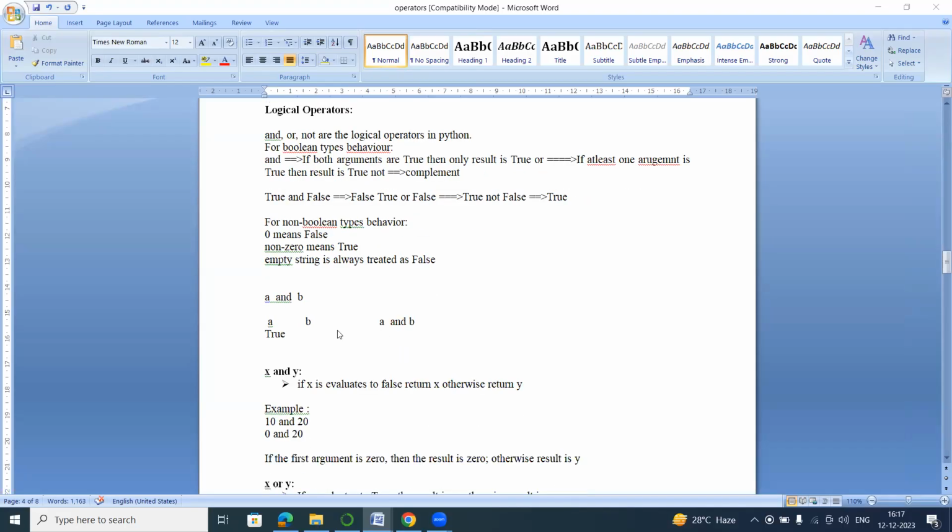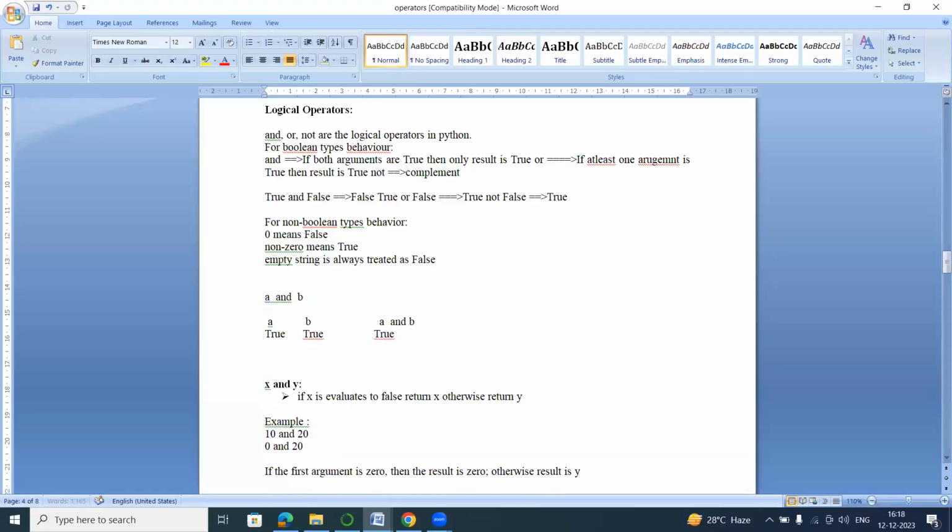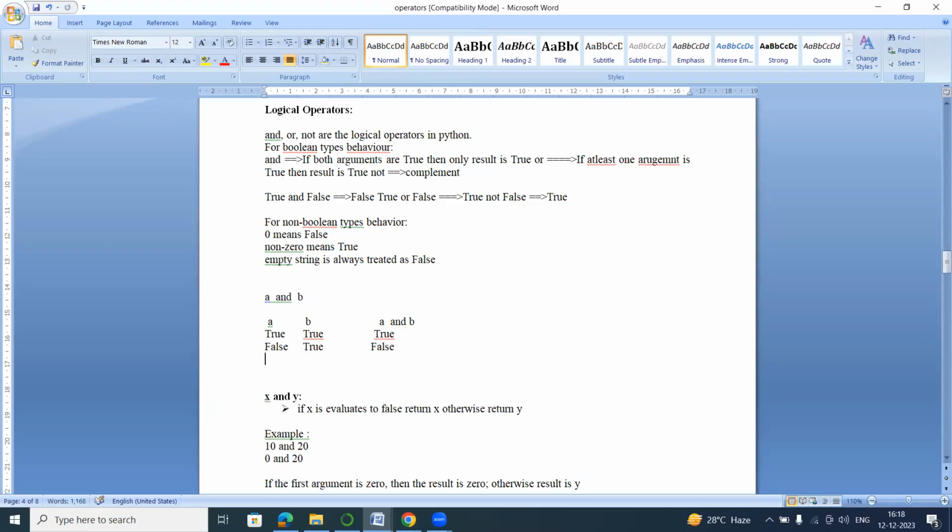Yes. Somewhere in mathematics or logical programming, you learn these logical operators. So if both conditions are true, then only it will return true. Otherwise, in all the remaining cases, it is false. So false true is false, and true false also false,